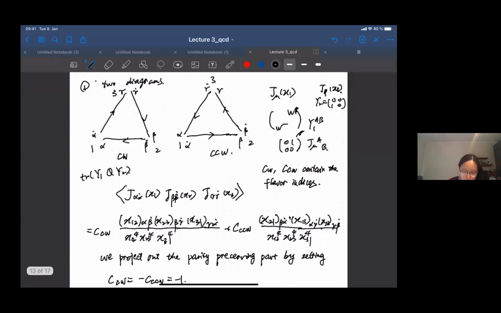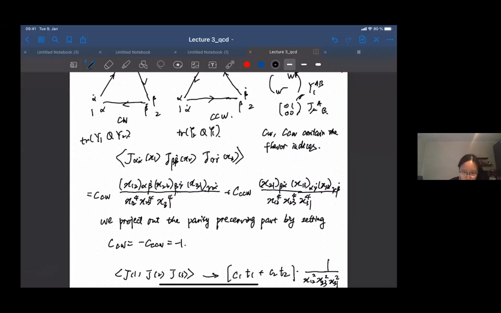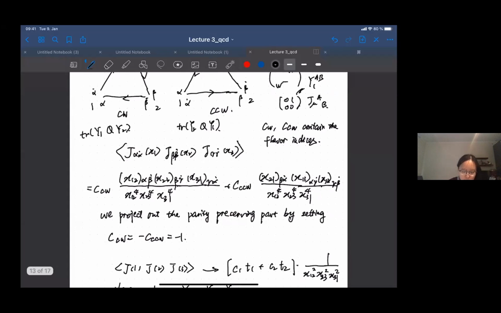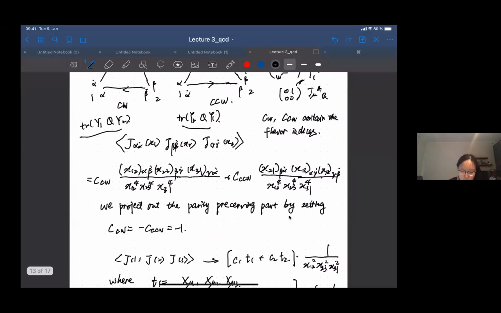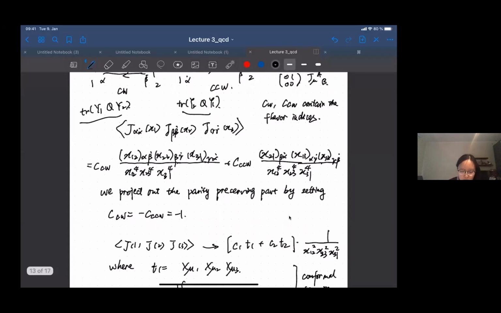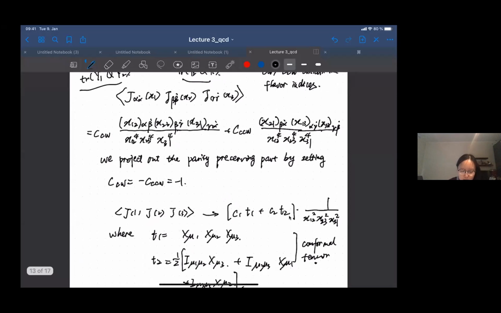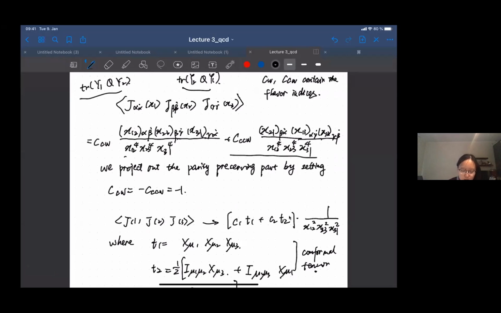Remember, Q represents our measurement of the charge. And for this diagram, we just have the trace of Y2, Q, Y1. So if we pick the charge to be this isospin, we find that these two constants carry opposite sign. One equals 1, the other one is -1. And this indeed gives us a structure that preserves parity. On the contrary, if C1 and C2, these two constants, are the same,